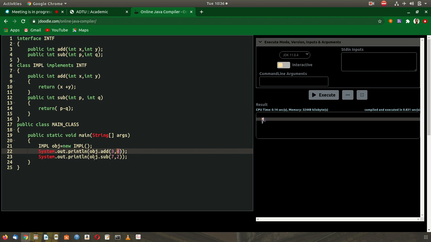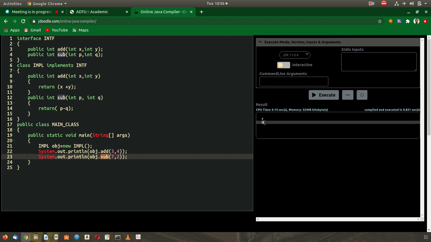Then using the same object created here using the new IMPL constructor, obj dot sub 7 comma 2 will return 5. So 5 will be the output.